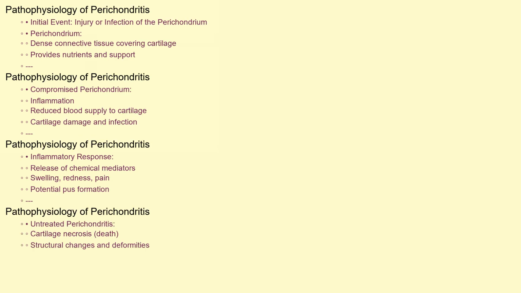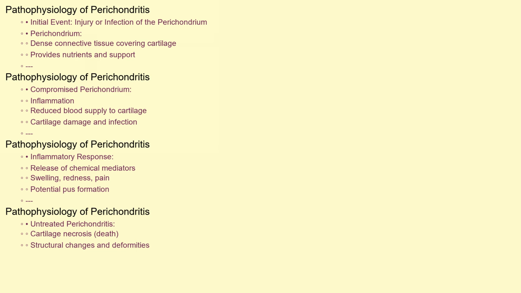Now, let's delve into the pathophysiology, how perichondritis actually develops. It all starts with an injury or infection affecting the perichondrium. The perichondrium is a layer of dense connective tissue that covers the cartilage, providing it with essential nutrients and support. When the perichondrium is compromised, this can lead to inflammation, reduced blood supply to the underlying cartilage, and ultimately, cartilage